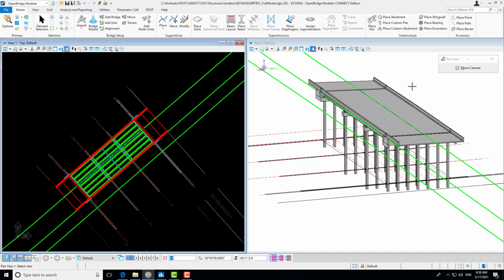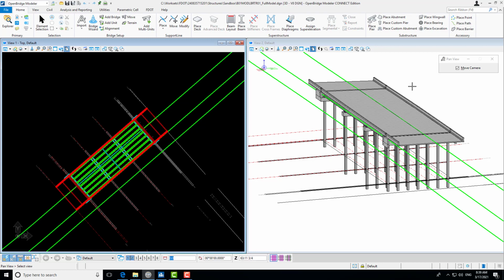So it's very important as we go through this that the steps to create the model build upon each other as that data grows and in order to streamline the process. So the model progression, where we create these, how we create these, and in what order is a critical aspect of how we create these models. This software, OpenBridge Modeler, is really built on this model progression and stepwise approach. So as we go through these videos, it outlines not only the tools that we're going to use, but also the order in which to complete these steps to create a successful model. So it's very important, not only just what we're doing, but also the order.